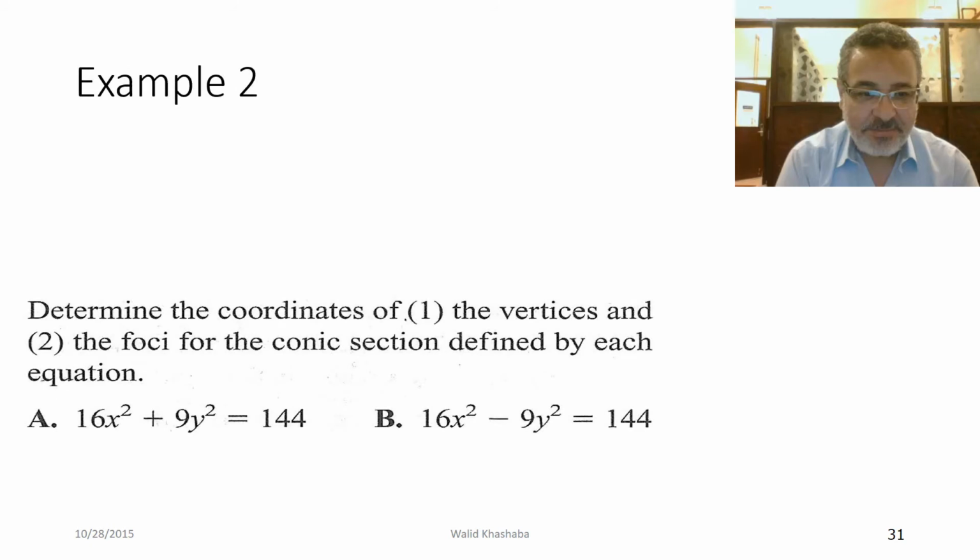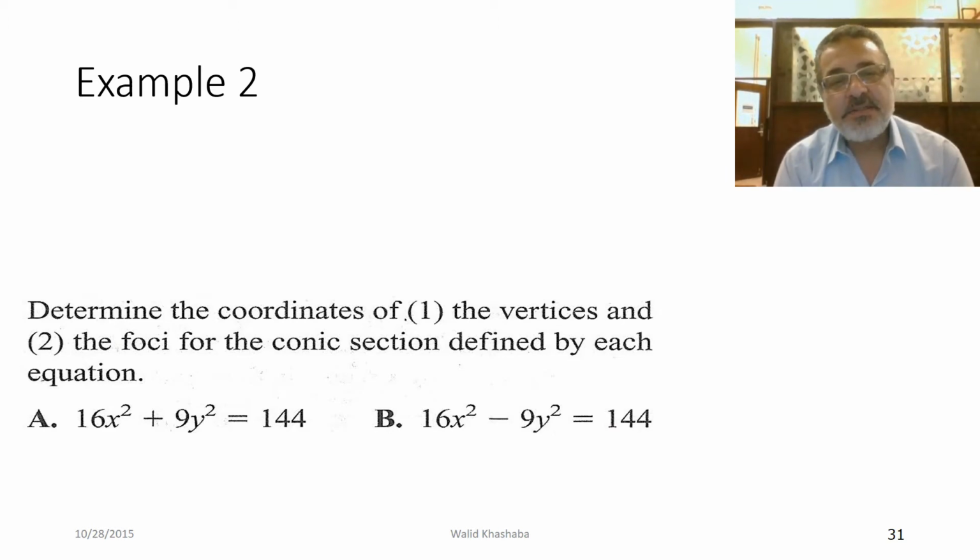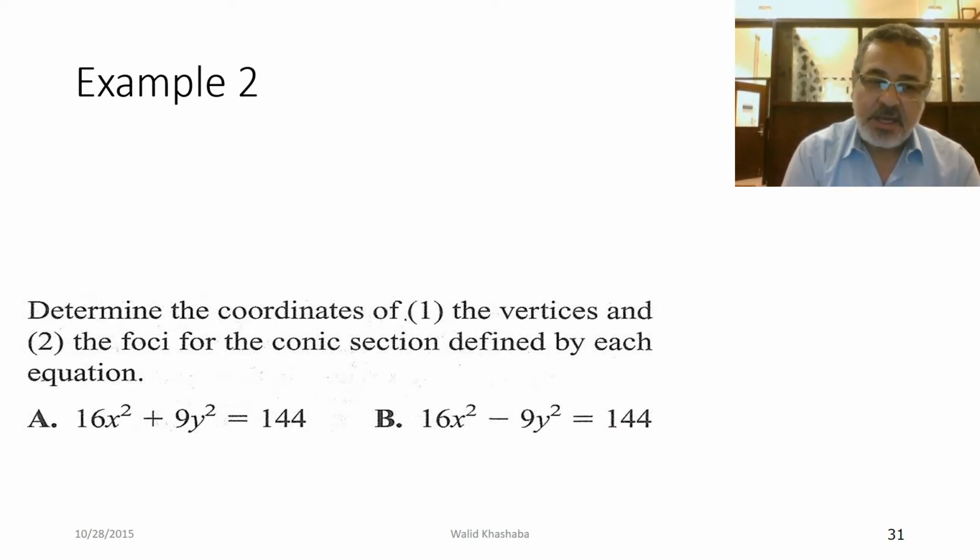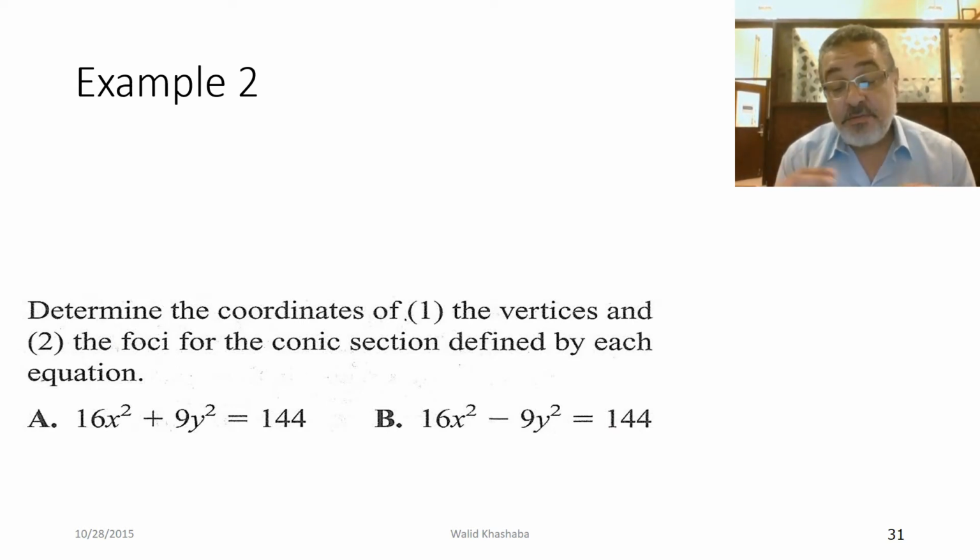Well, example 2. Determine the coordinates of the vertices and the foci of the conic section defined by each equation. And here we have two equations. I want you to be familiar with the format of the equation. We have to focus on the format. Here it was only x squared plus y squared, or only x squared minus y squared. There are no such terms like first degree, like x, y, or even xy. Then these two equations will be one of three